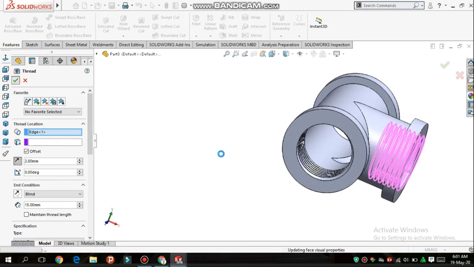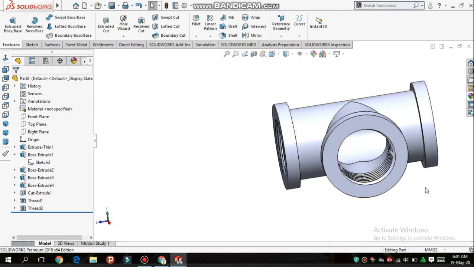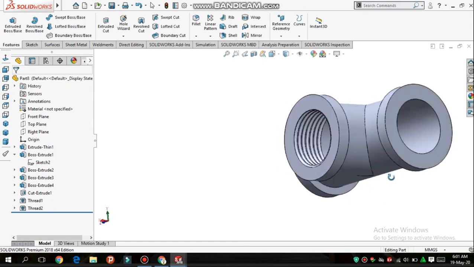Click OK. Now you can see threads are created.